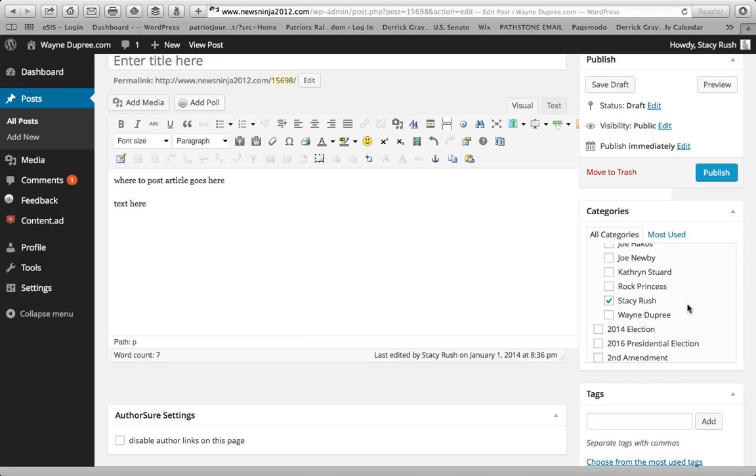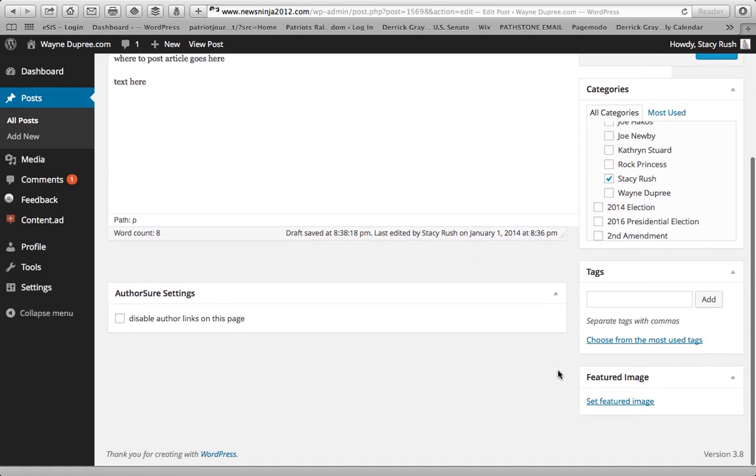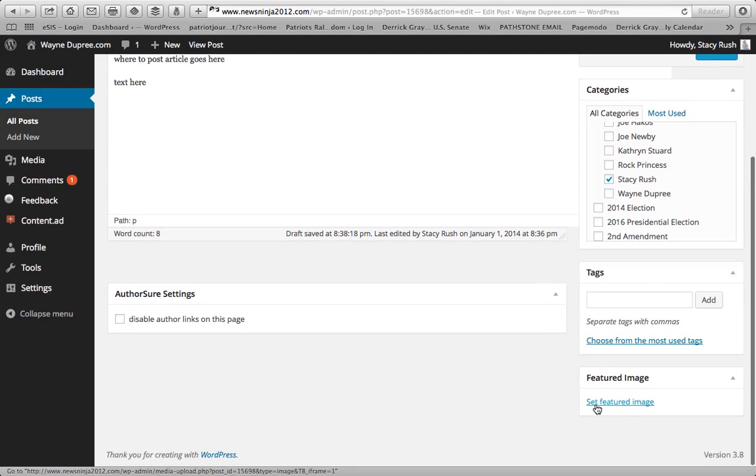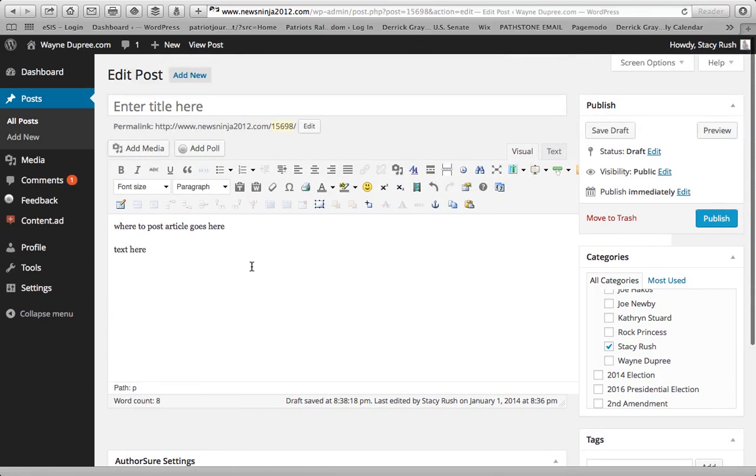And the reason for that is that once you post it, it will not only post on the site, the main site, it will also go into the separate menu under your name, and all of your articles will be located there on the News Ninja site. The second thing you're going to want to do is make sure that you set a featured image. Now there are two different image places you'll notice. You can add media here,